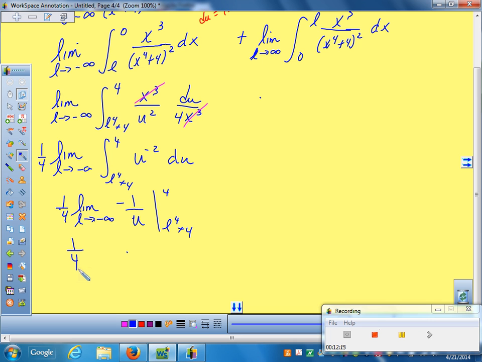The second half is a massive shortcut now. Once you've done one side, you don't have to do this all again for the other. We'll be able to shortcut. I'll show you in a sec. All right, so if I sub the numbers in here, I'm going to have -1/4